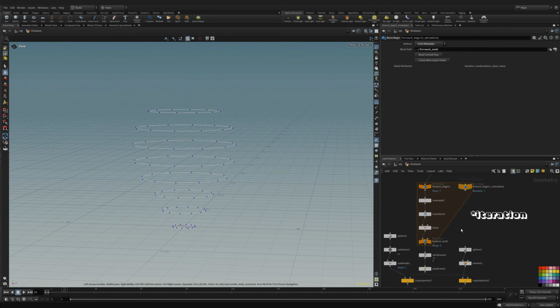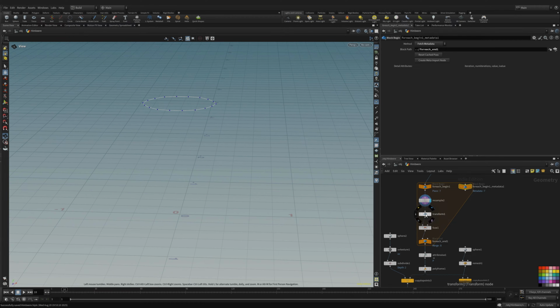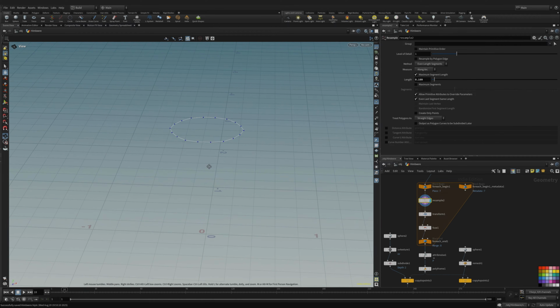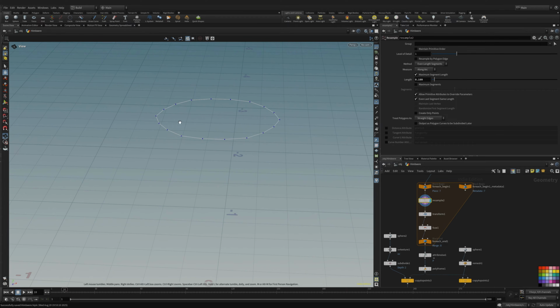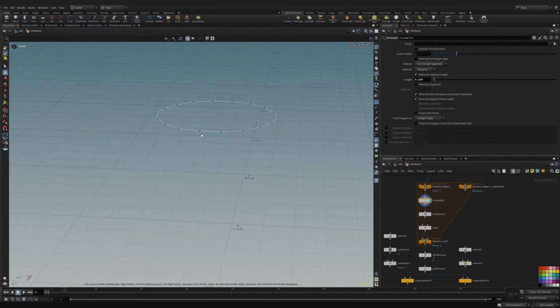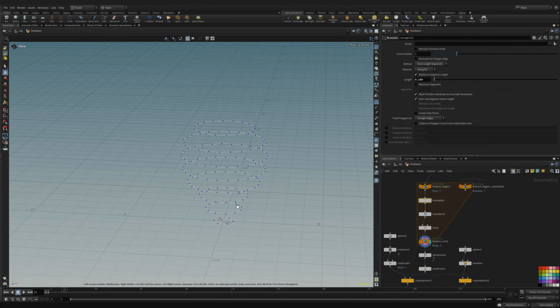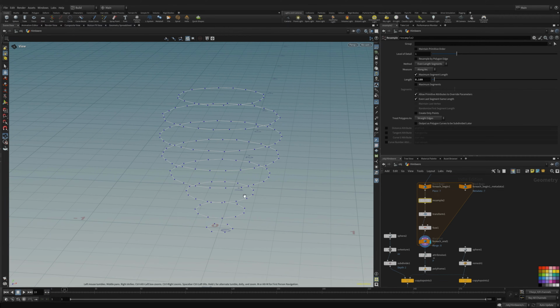And after that, we go into a for loop where I use the detail attribute, which is created with this meta import node, to first of all resample all of them, so that depending on how big the circles are, they have a certain amount of points. So I use a length here so that bigger circles have more points. Actually, let's look at it like this. And I fuse them as well as offset them